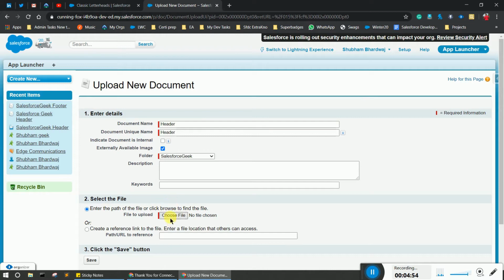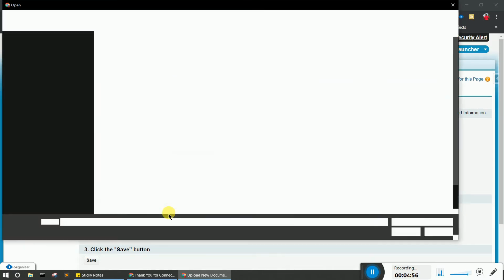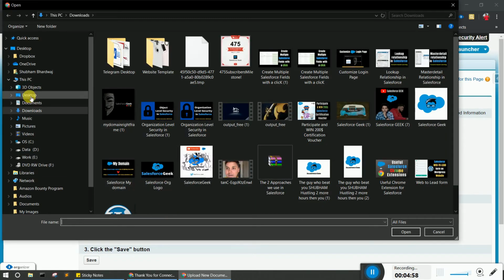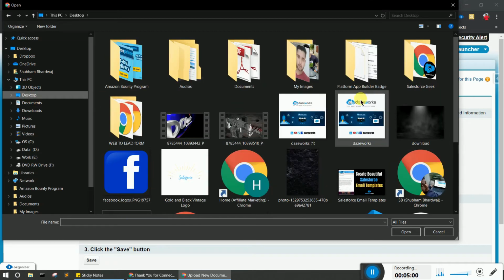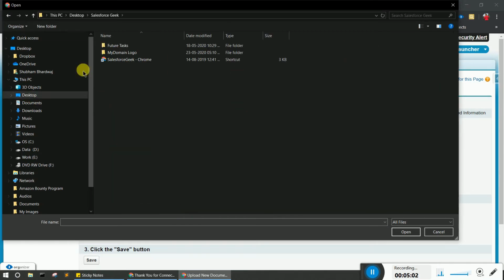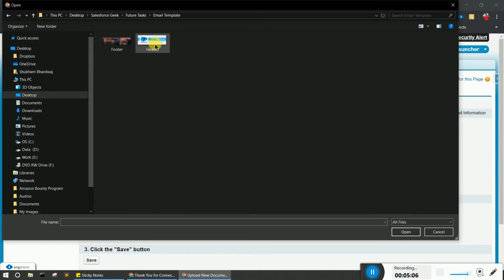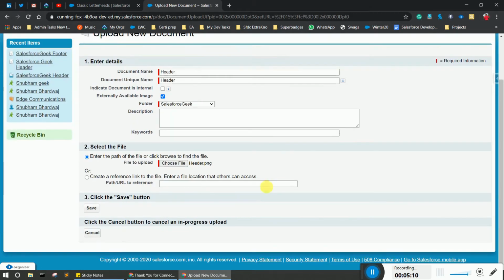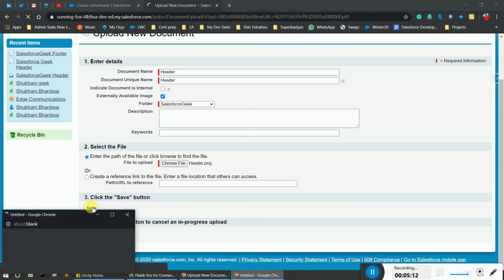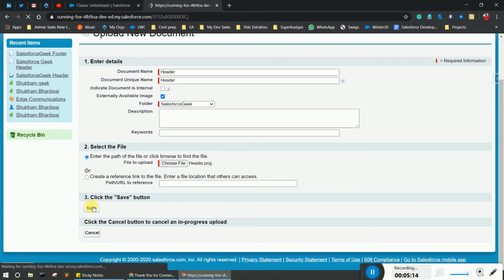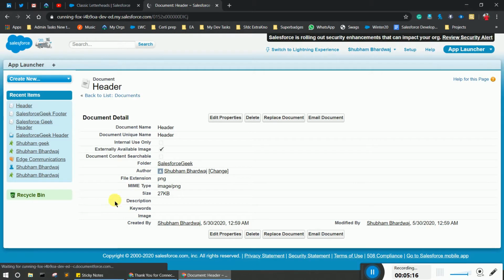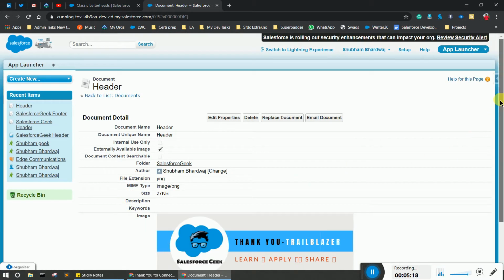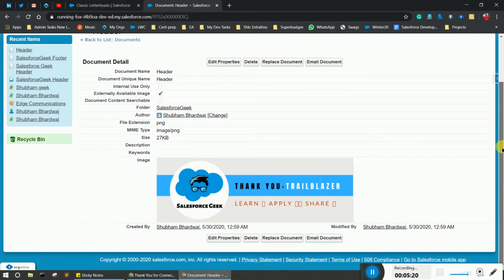Now you have to upload your photo. So let's upload one, as I created a header and footer for my letterhead. Let's say header, and simply click on the save button. As you see, the header is already uploaded.